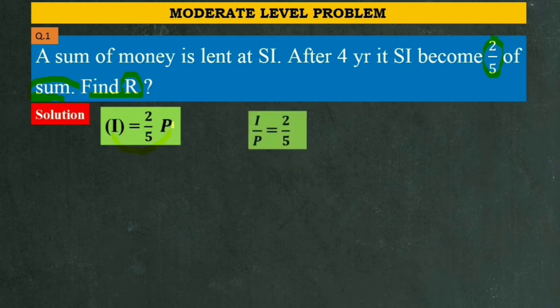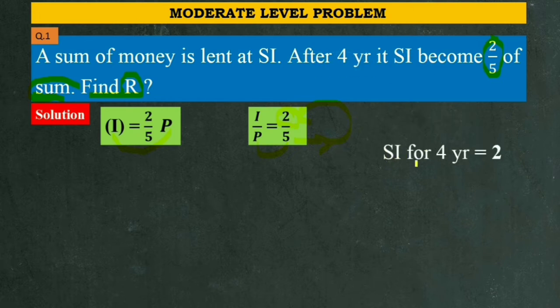Okay. So we will simply keep the values of I and P on one side and the numerical values on the other side. After that, looking at this fraction, whenever the initial value of the principal is 5, after 4 years we have to pay the interest, that is 2. So P represents the principal and its value is 5, and I represents the interest. After 4 years its value is 2. Okay. So from this equation we will simply get the value of simple interest for 4 years equal to 2. Okay, from this equation. Now we have to calculate the simple interest for 1 year.